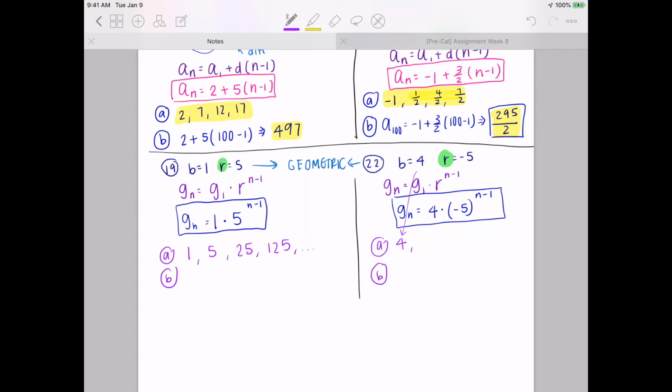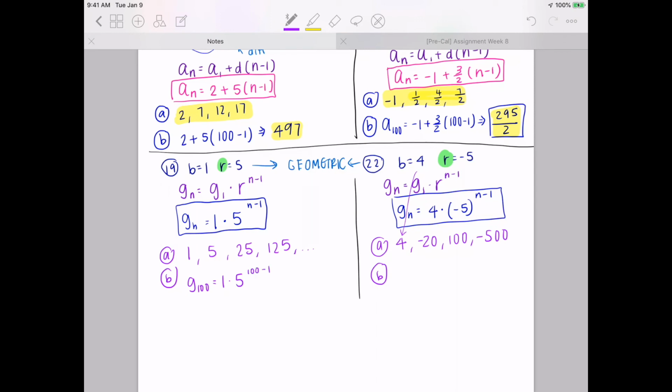This is right here. And then the next term, we gotta multiply by -5, which we get -20. Multiply another -5, we get 100. Multiply another -5 is -500. If you can see, the numbers alternate with the signs. One's positive, positive, and negative. Okay. Part B, we're gonna start substituting our 100